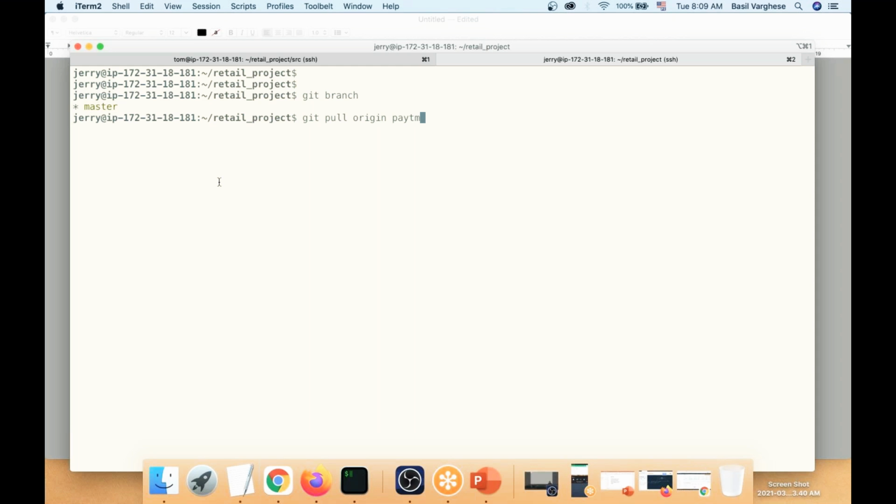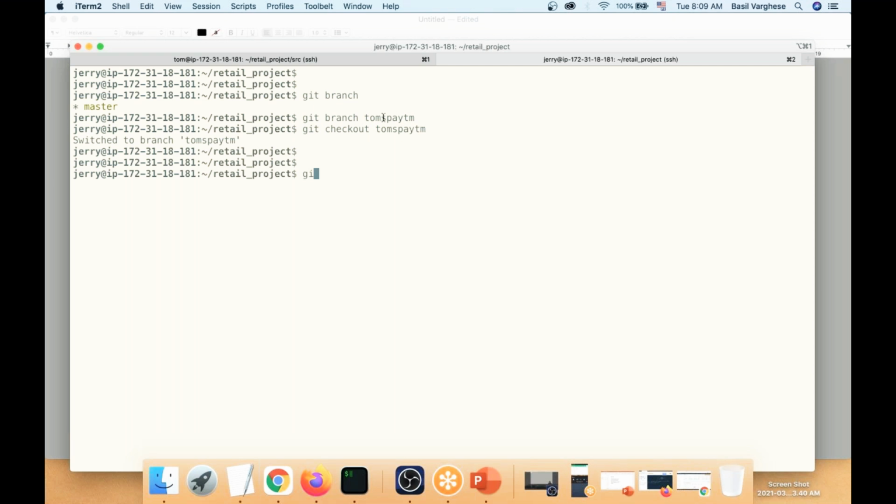So what Jerry will do is, Jerry will create a new branch, maybe called Tom's Paytm branch or something like that, because Jerry wants to create a temporary branch on his laptop, and then Jerry will check out himself to that. So in the local repository, now there is a new branch that Jerry created, and now Jerry can confidently run the pull command,